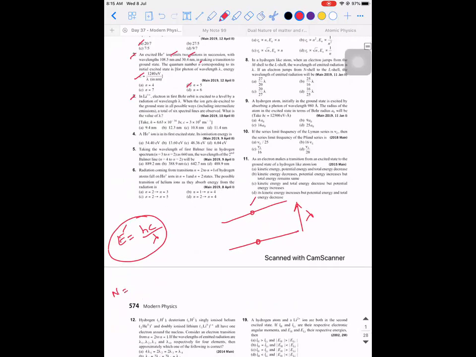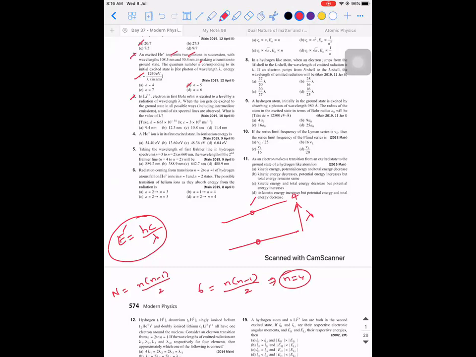So small n into n minus 1 divided by 2. So the number of spectral lines are 6. 6 is equal to n into n minus 1 divided by 2. How much are you getting? 4, sir. 1, 2, 3. So it is in the fourth orbit,